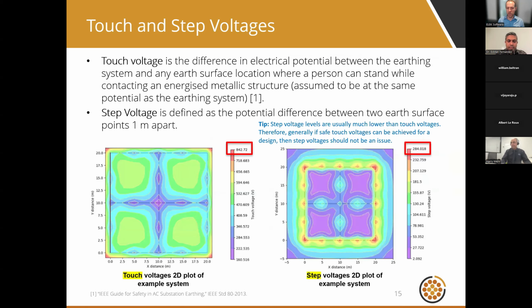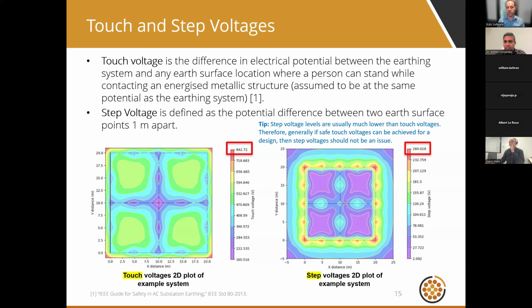Let's look at touch voltages and step voltages. Remember, I talked about the definition of touch voltage. It's the difference between GPR and ground surface voltage, where somebody is in contact with the earth grid. Some part of their body is at GPR level, and their feet are at ground surface voltage. There's a voltage difference. That's the definition of touch voltage. It's really quite dangerous also because of the pathway through the body, through the heart actually. That's why touch voltages are more dangerous than step voltages.